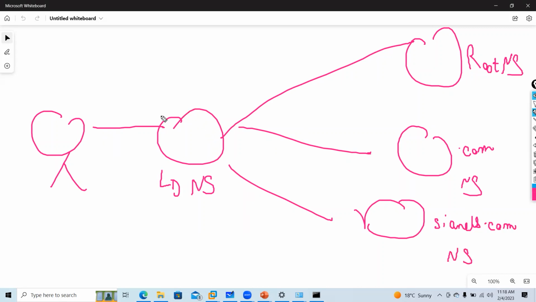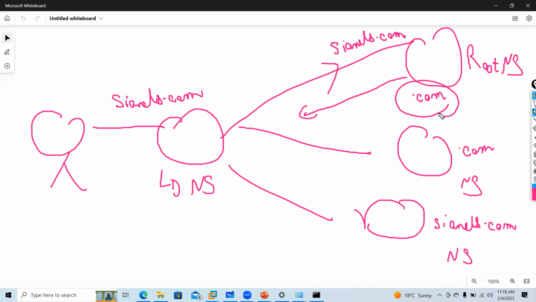So LDNS does not know the cnets.com IP. It will send a request to the root name server. What will the root name server do, guys? It will respond, I don't know cnets.com, but I can give you the referral of .com. I know where the .com name server is.